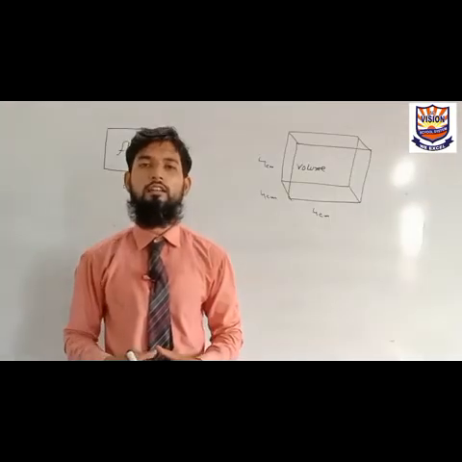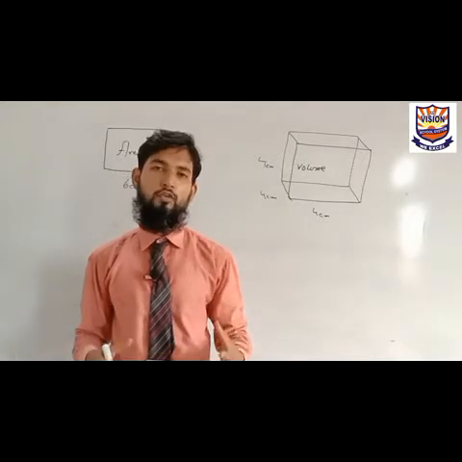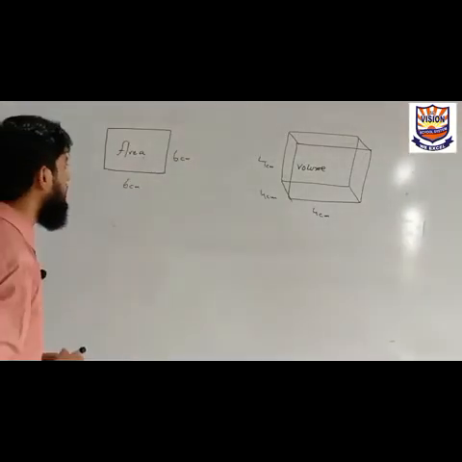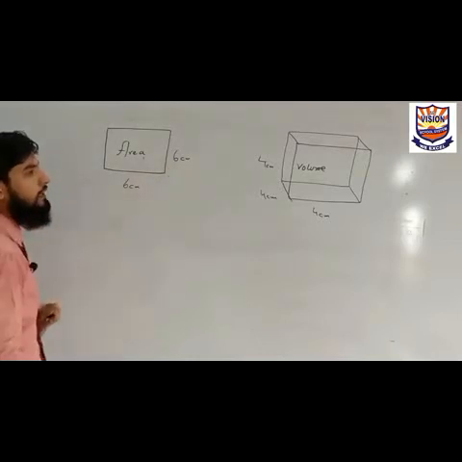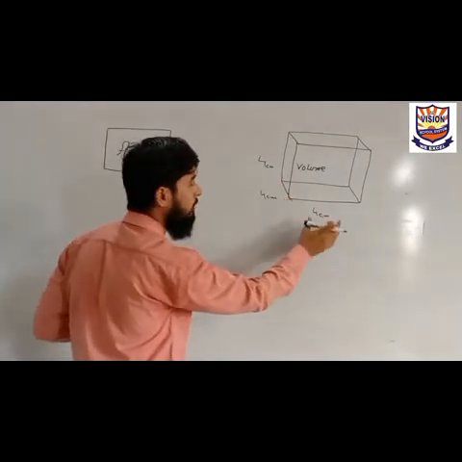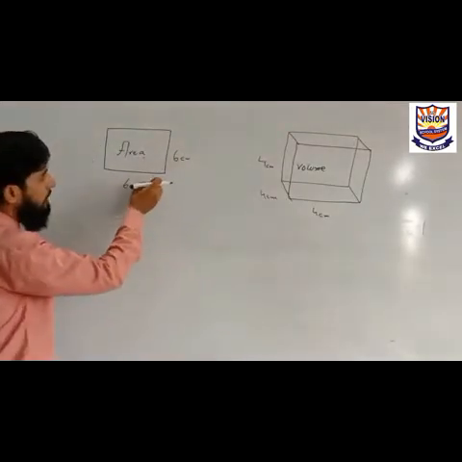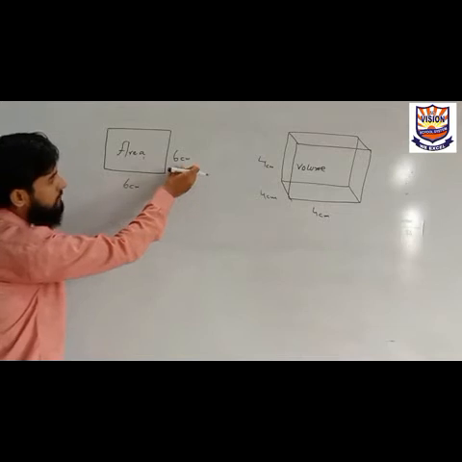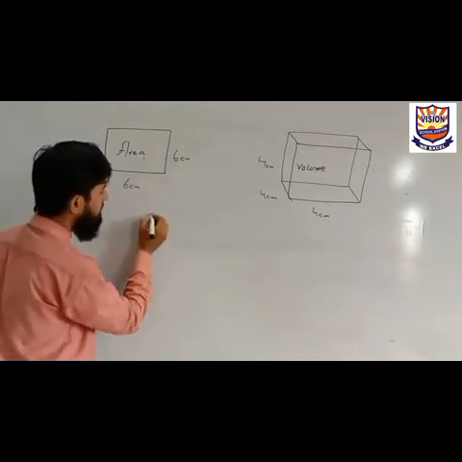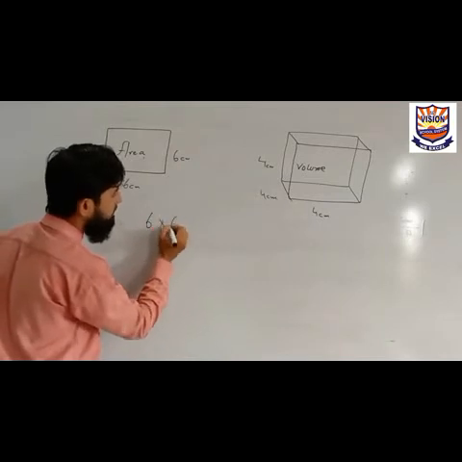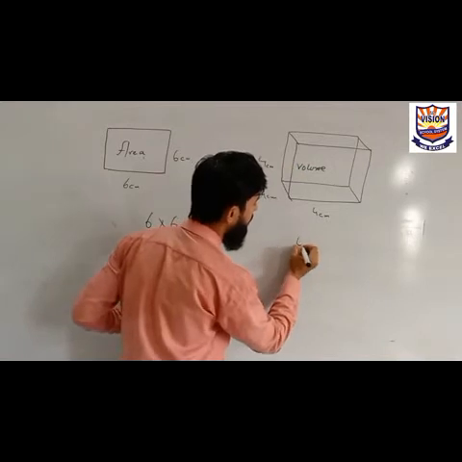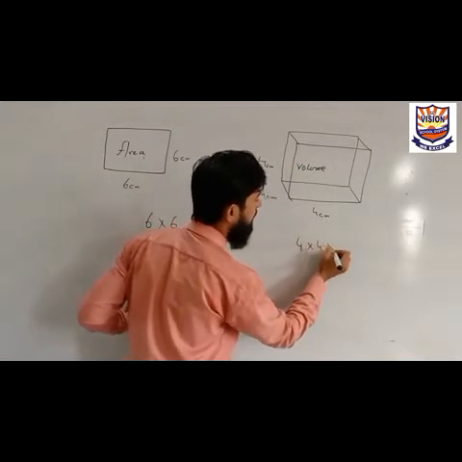Now we will learn to find squares and square roots and cubes and cube roots. To find the area of a square, we multiply two sides, and to find the volume of a cube, we multiply three edges of a cube. So, as the two sides of a square are 6 centimeter each, we will multiply 6 multiplied by 6, and here the edges are 4 centimeter each, so 4 multiplied by 4 multiplied by 4.